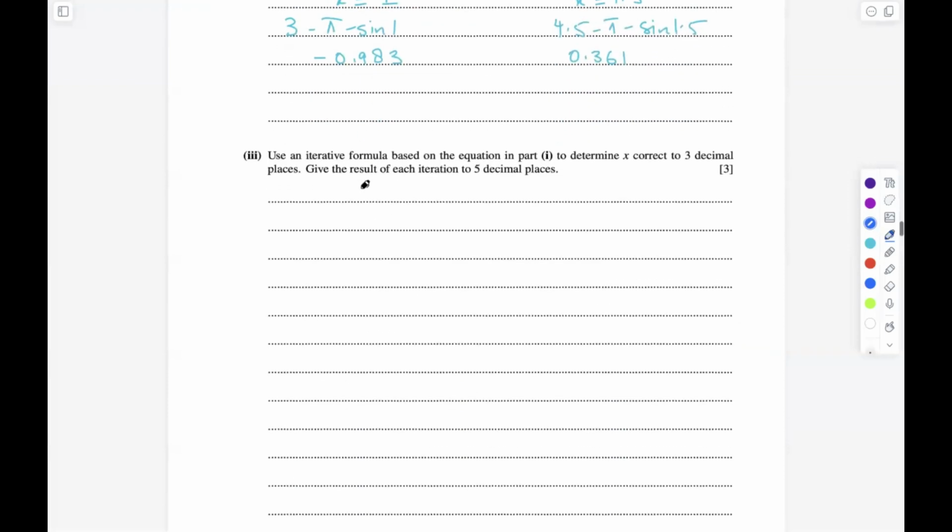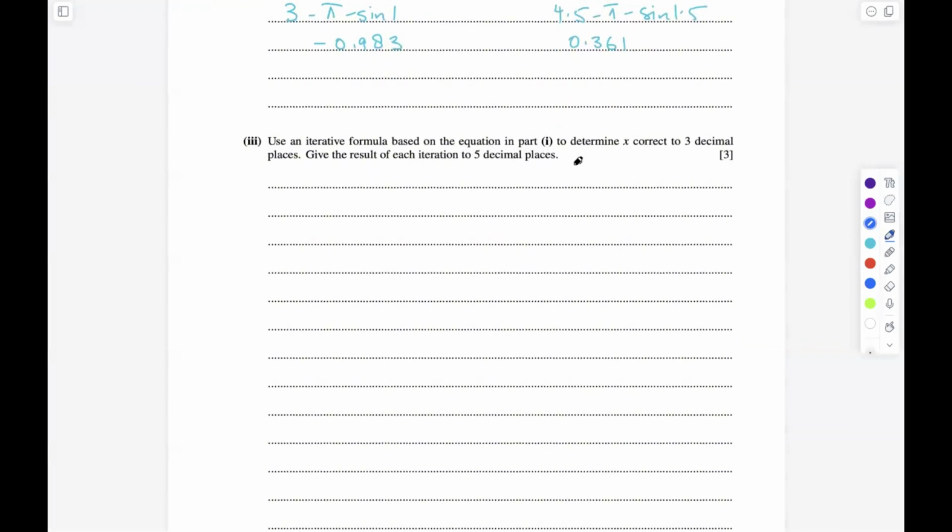In part C, we have to use an iterative formula based on the equation in part A to find the value of x correct to 3 decimal places. We have to give the result of each iteration to 5 decimal places. Now, as we already have the formula, which is x equals 1 upon 3 into pi plus sine of x, and we know that the root lies between 1 and 1.5, we can start off by taking the middle value, which is 1.25. Now, substituting 1.25 in place of x,